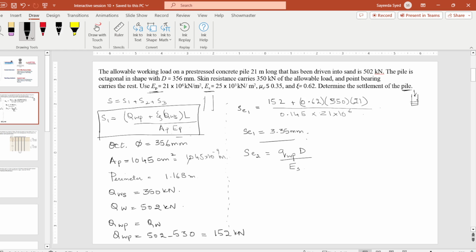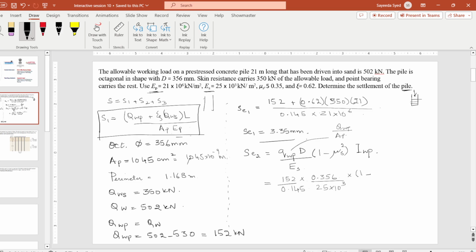So this will come out to be, QWP will be QW, this will be QWP by A. So it will be 152 over 0.145 into the dia, which is 0.356, divided by the ES, 25 into 10 to the power 3 into 1 minus,